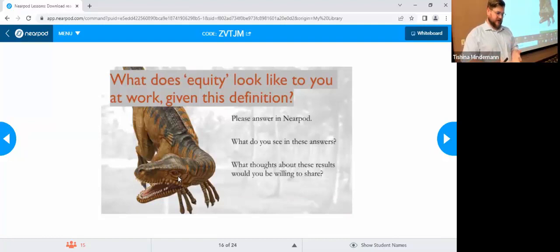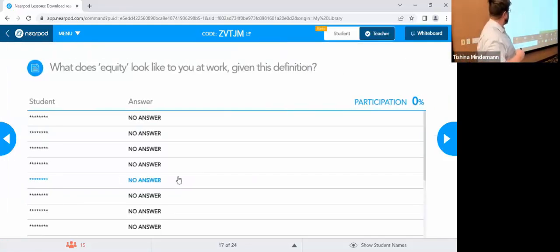your own limitations, about what it looks like in terms of your judgment of your students, perhaps. But I mean, when we talk about teaching, I think we should open the question to both your ability, say, to get papers graded in a timely manner, or your ability to show up every day, as well as your judgment of your students' ability to do that. So here we go. So what does equity look like to you at work? What's your experience of equity in your role here at CSC?